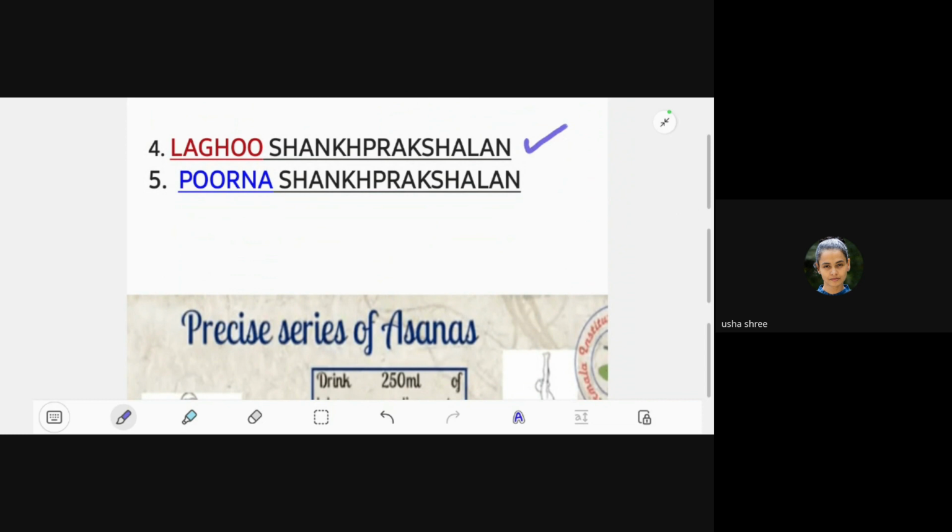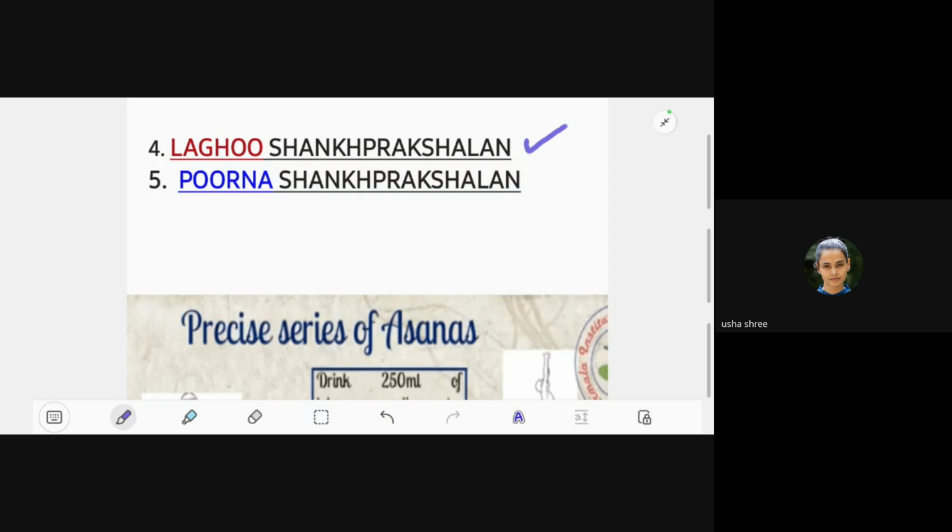Yes, ma'am. Okay. There are two types of Shankh Prakshalan. Why do we say Shankh? Because shankh has its property to cleanse itself, like the water flows from one end to another end, and it clears out very easily. And that's why we say. Also, in the Yog Chudamani Upanishad, the Shankhini Nadi is mentioned for the anus region, Gudadwar. So the Shankh Prakshalan could have its reference from there also.